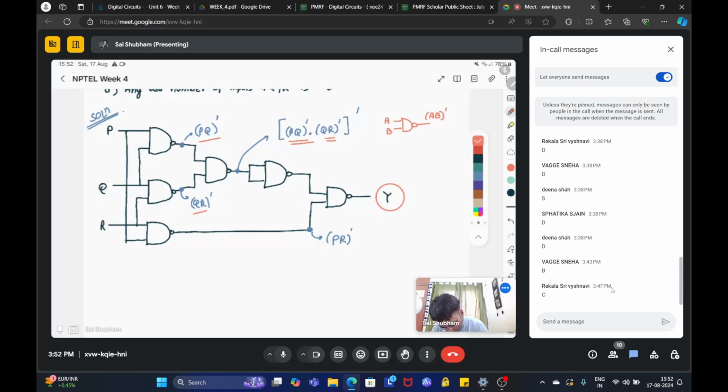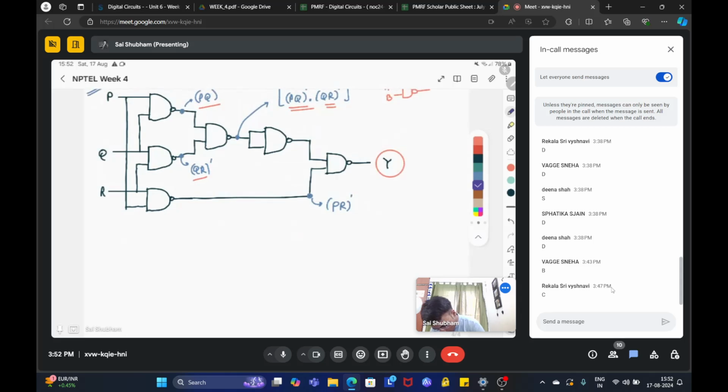Now, for any gate, if this is a NAND gate and the inputs are the same, okay, so what will be the output? So if you look at the NAND truth table,